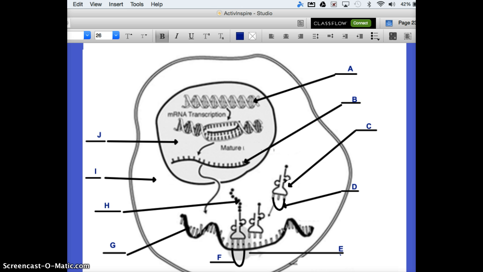This is an example of a drawing of protein synthesis. So if we were going to label all of these parts, A would be DNA, B would be RNA, C would be tRNA, D would be anticodon, E would be ribosome, F would be codon,